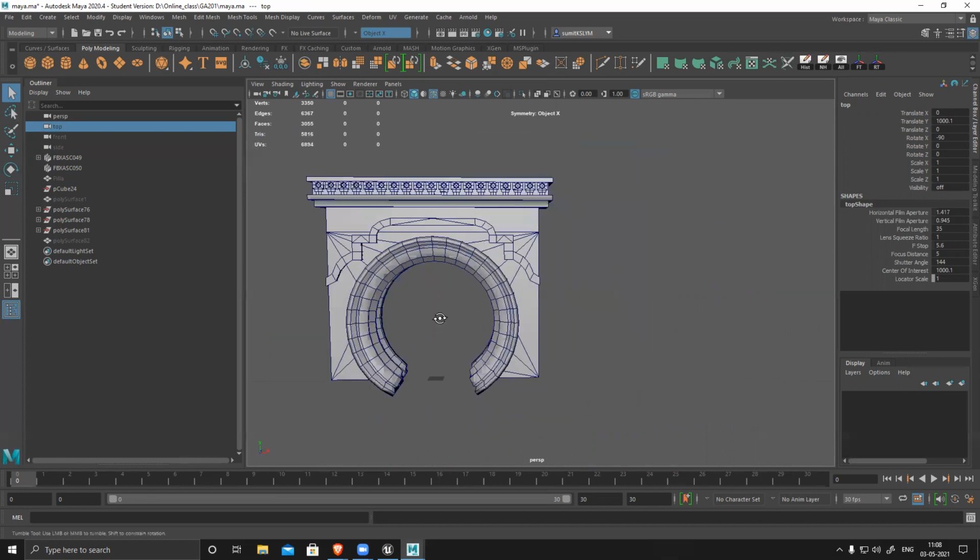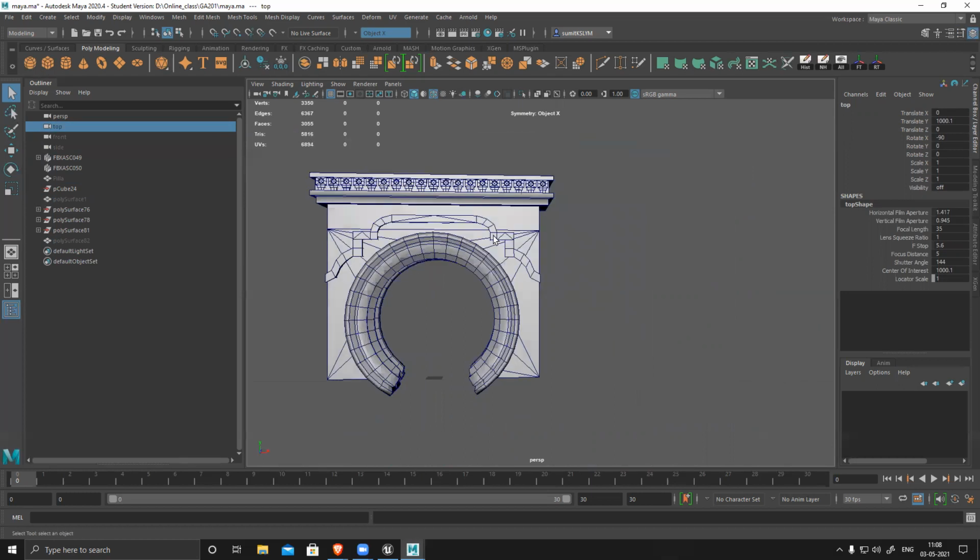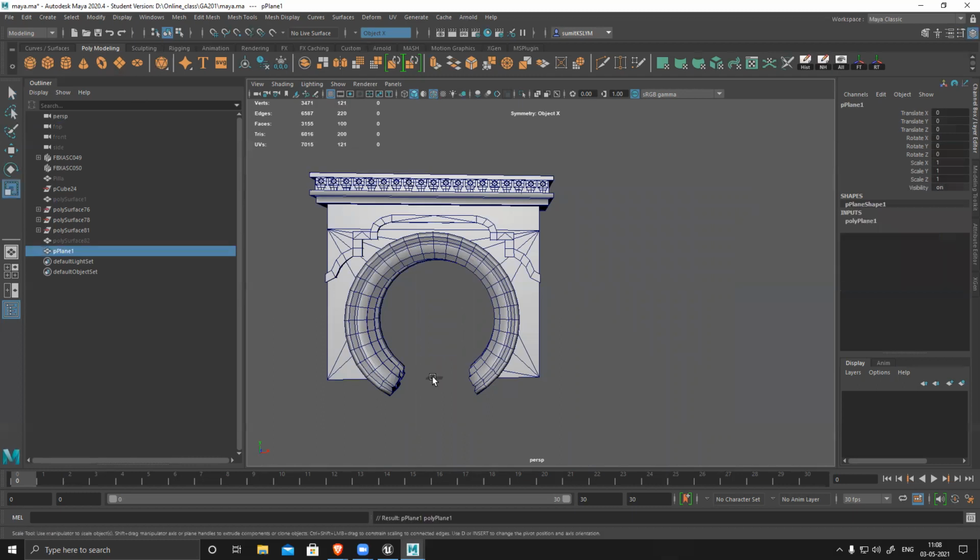Planning is, I'll create a plane. That plane is not actually required, but that planning is required. I'll create a plane, scale it, and make sure there are no in-between loops or anything.